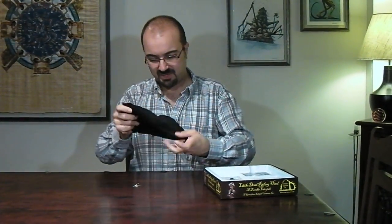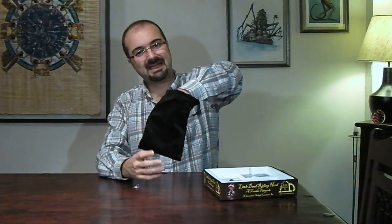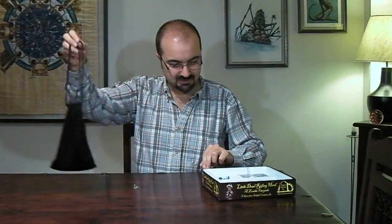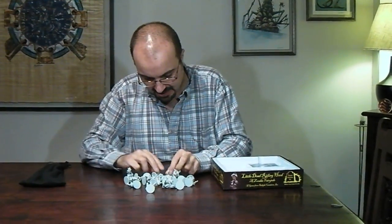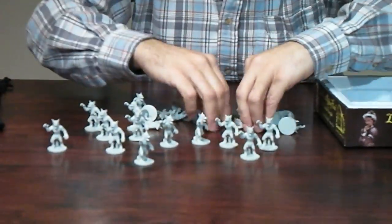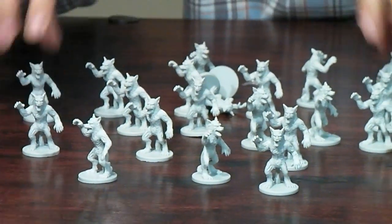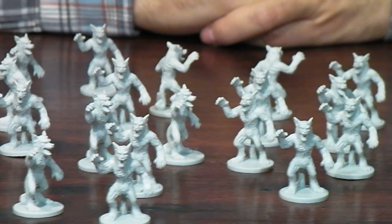Now we get a nice velvety bag, cloth, where you will put things in, which the things that you're going to put in, I'm guessing, is going to be all of those. And these are zombie wolves. Now, we get a lot of them. And I bet you anything that they will try to devour the little Ridinghood's people,